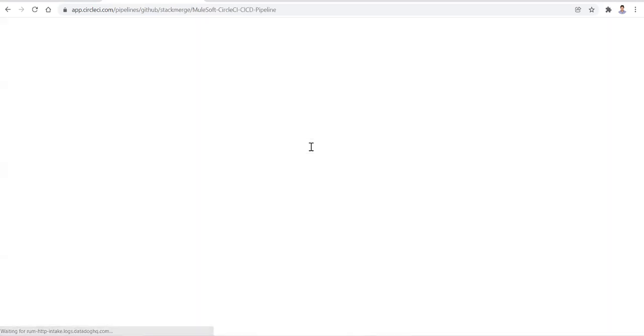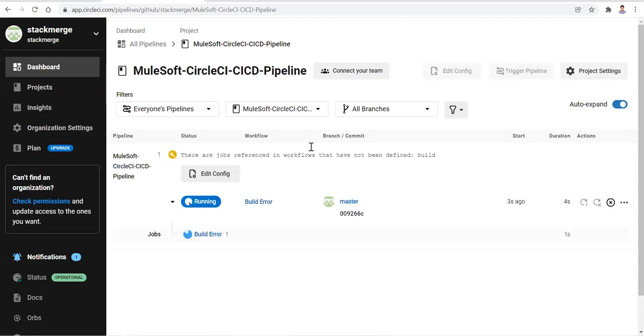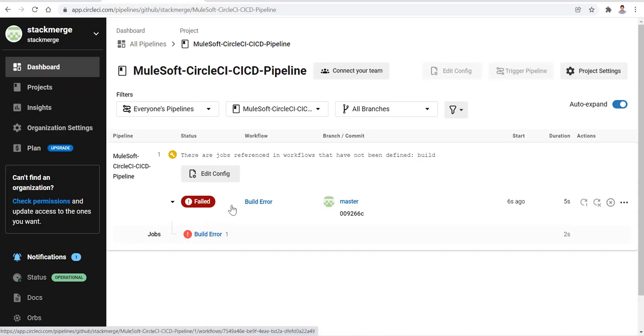Now, if it fails, it will fail. Why? Because I have not created those variables. So first we need to create these variables. In my settings.xml, the Nexus repository credentials are there, in my pom.xml. So how to create these variables?